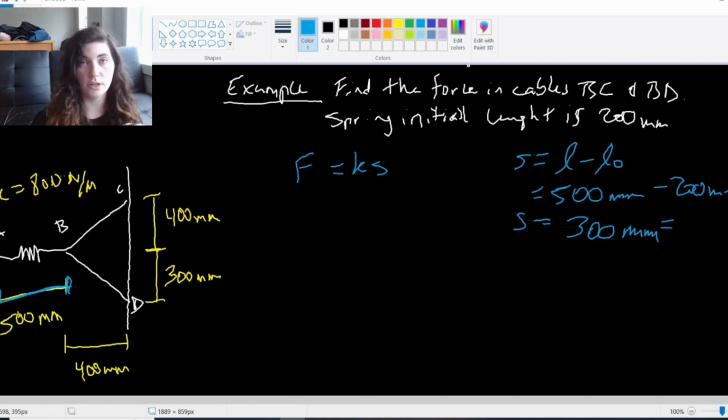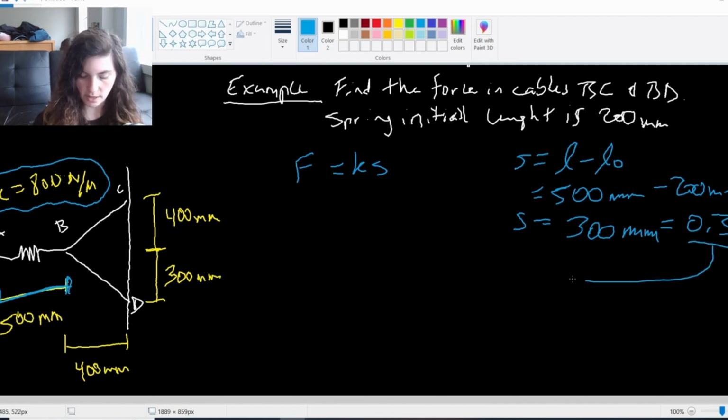Or, this is important, remember to convert your units, because we can see that our K value is in newtons per meter. So I can't multiply 300 millimeters by something that has units of newtons per meter. My units aren't going to match, and my answer is not going to make any sense. So I'm going to go ahead and convert this to meters by dividing by 1,000 and get 0.3 meters. So now all of my units are correct,